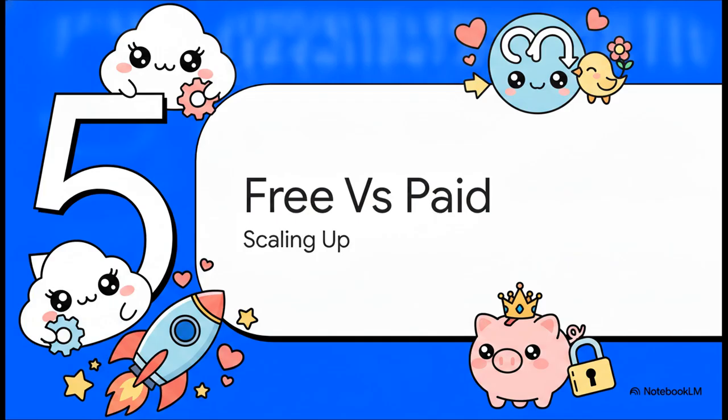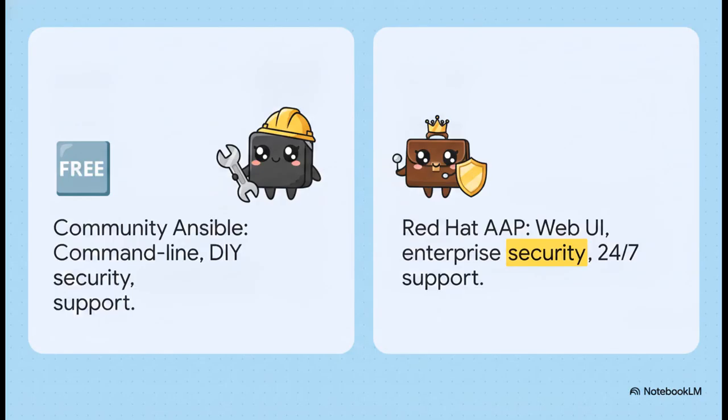Let's wrap things up with Section 5, free versus paid enterprise, scaling up. So everything we've been talking about so far, the core Ansible engine, is completely free and open source. It's known as Community Ansible, but it is entirely command line driven. You're on your own for DIY security, and if you get stuck, you're heading to community forums for support. However, Red Hat, the company behind Ansible, also offers a premium, paid version called the Red Hat Ansible Automation Platform. This is custom-built for large enterprises. It takes that core engine and slaps on a beautiful web UI, brings in enterprise-grade security, and gives you official